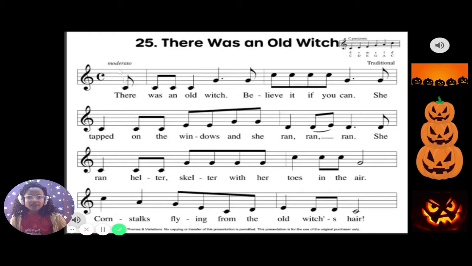Here in the time signature space, we have a letter, the letter C. Maybe you've seen that before, maybe you haven't, but it's something that you already know, even if you don't know you know it. It's called common time. Most of the music that you have looked at, most of the rhythmic examples this year have been in common time.